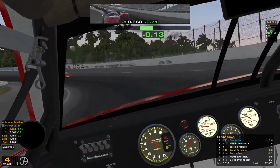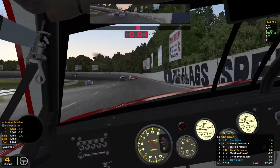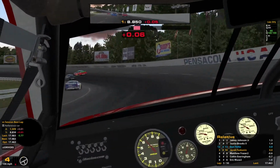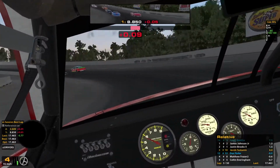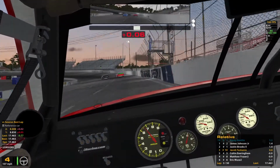Don't know if the 4 is waiting there for somebody or what he's doing. That kind of screwed up our entry into 1, the way he was, and I overdrove that a little bit too. So just got to get settled in now. We've got a good bit of a gap out behind, so I'm going to try to start logging laps now,